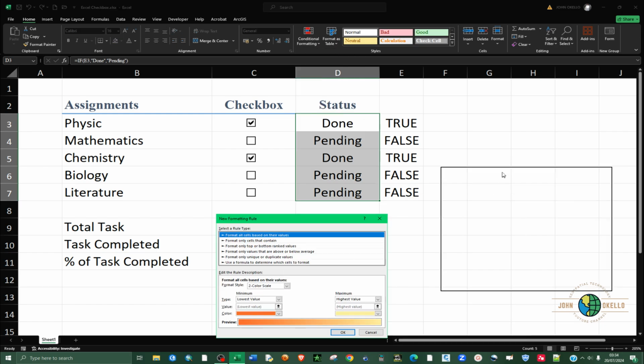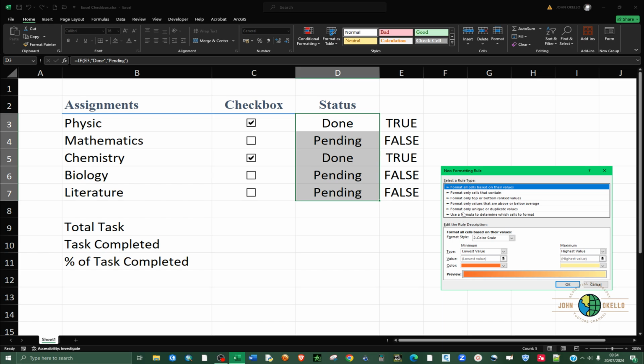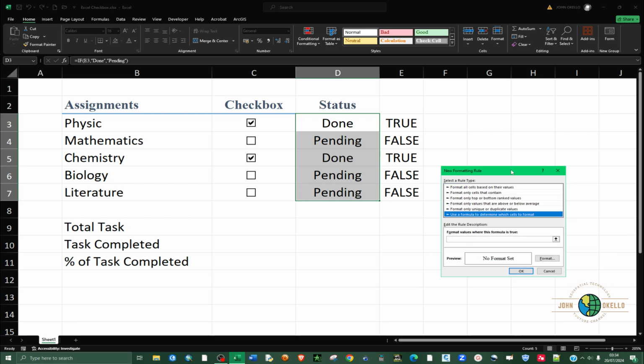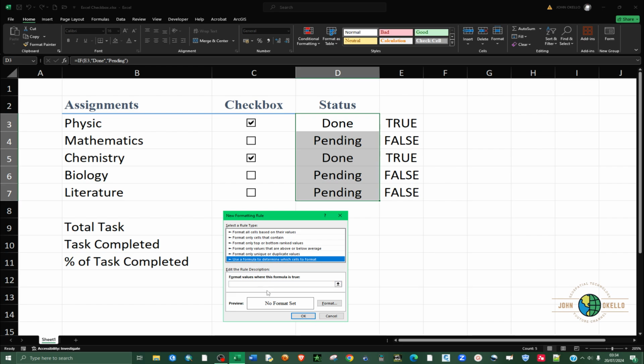So under new rule, we are going to define new rules. Select the last rule type, that is use a formula to determine which cell to format. Click on that, and then